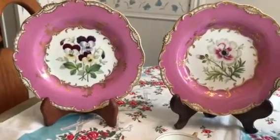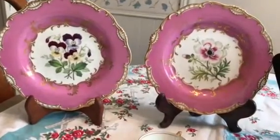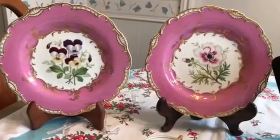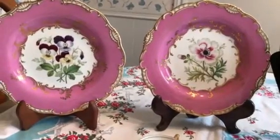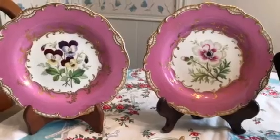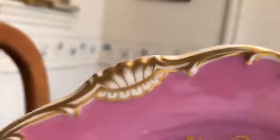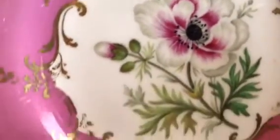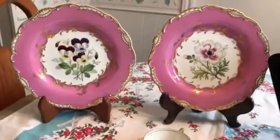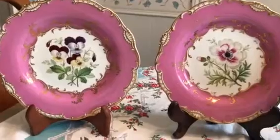If you remember, there is a gentleman with a British accent that does a lot of the porcelain appraisals on Antiques Roadshow for the U.S. He is the gentleman who appraised my china. He said that this, and it's not marked, that this is continental, likely French china, and you can see it. So these look like pansies. It's got a lot of this gold work around the edge, and this one is a rose. Same design, and so French, late 1800s, and that they were generally worth about $100 a plate, which was, I paid I think $90 a plate,